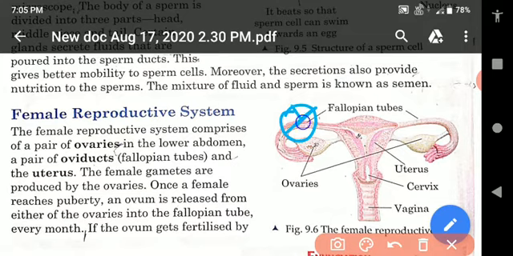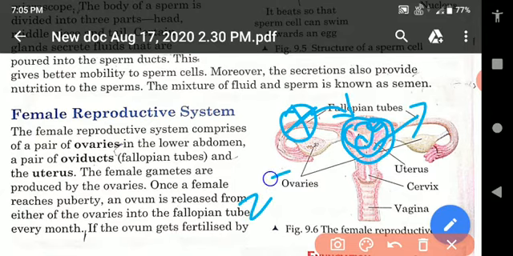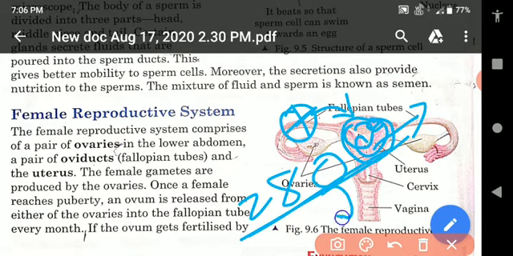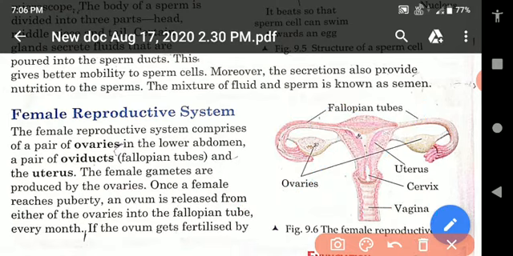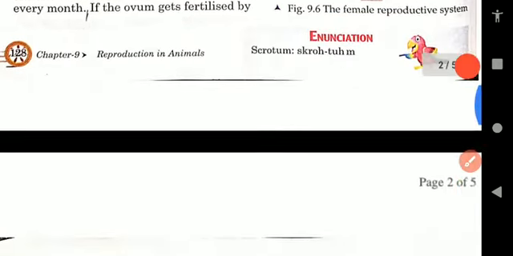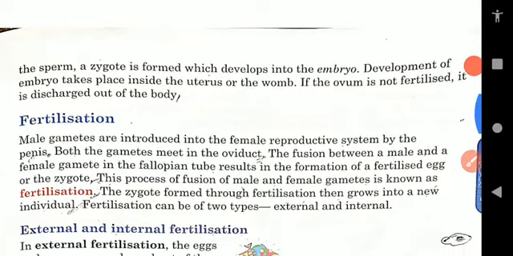The zygote starts dividing, and with the dividing they also move toward the uterus. And when they get there, they become an embryo. And here the embryo develops into a baby. You can say a small baby. And this small baby takes about 280 days for total development. And when it is fully developed, it comes out through the vagina and becomes an infant. Understood? So this is the total phenomenon that takes place.